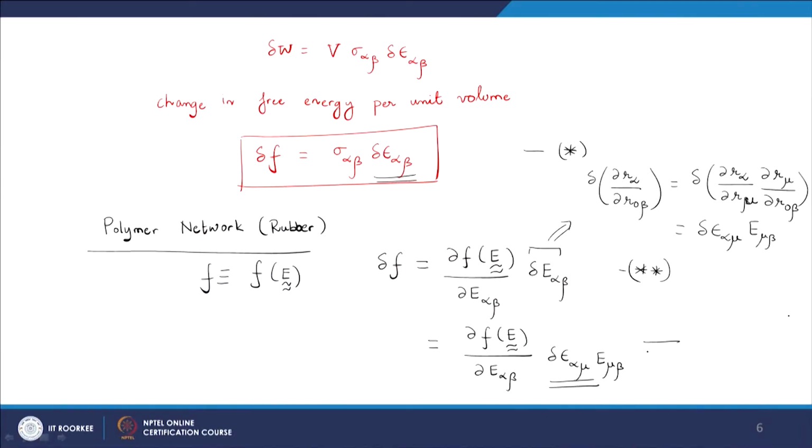So, there is no harm if I interchange mu with beta. So, if I interchange mu and beta, what we do get is dou f by dou E alpha mu multiplied with del epsilon alpha beta,